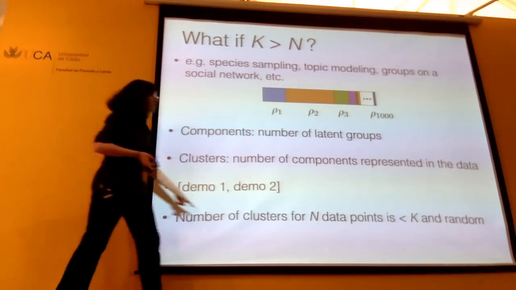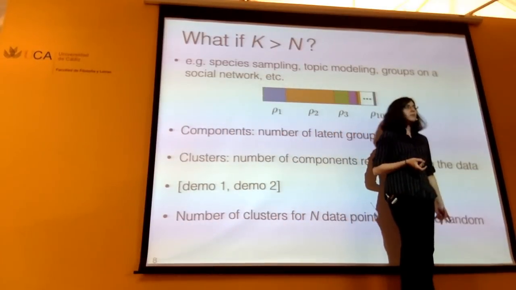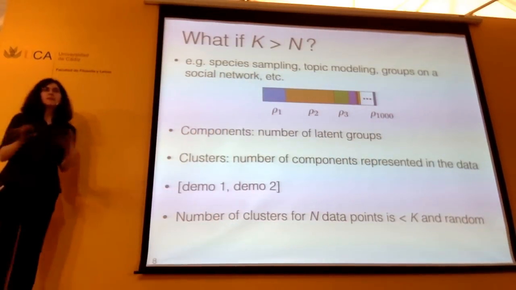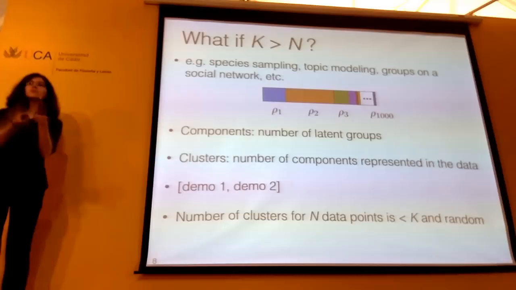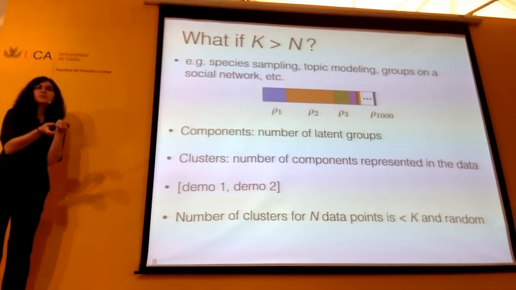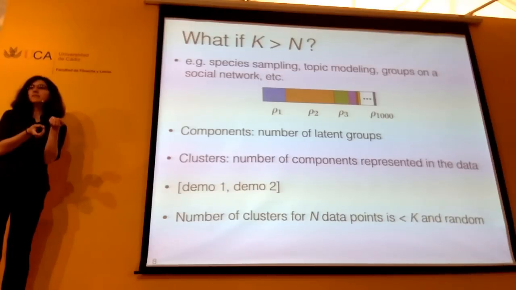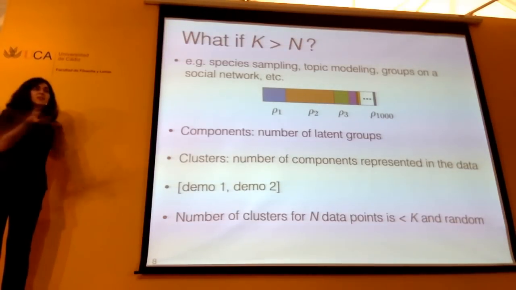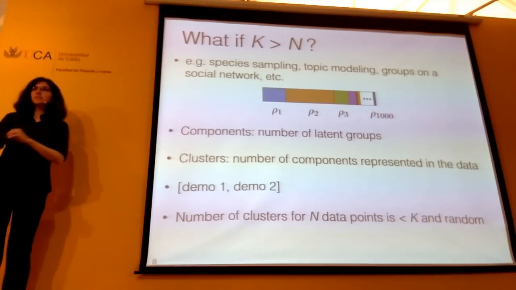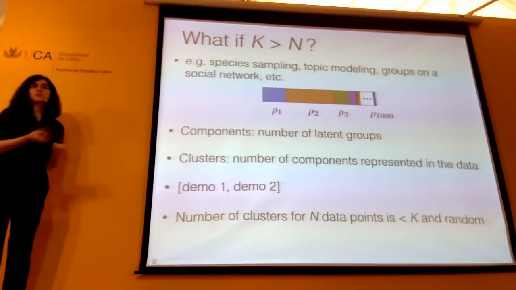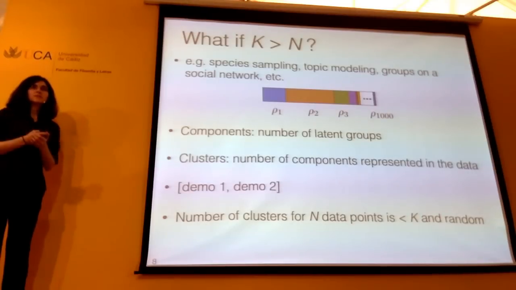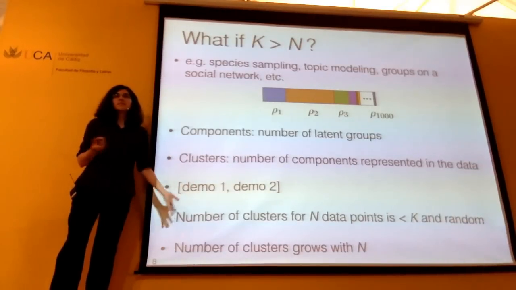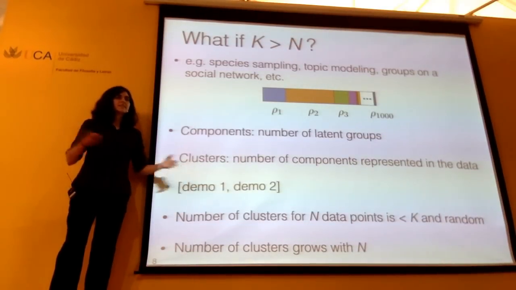Two, I want to highlight the fact that the number of clusters was random. I mean, this was true as soon as you got to the second data point. The first data point, it's not random, there's one cluster. That will always be true. But as soon as you got to the second data point, we could have one or we could have two clusters. There is a non-zero probability of either one of them. And that just becomes more true as we get more data points. There's always some non-zero probability that all of the data points belong to exactly the same cluster. There's a different probability on every number of clusters that we could have had. So that is a random variable. And three, we definitely saw in all of these cases that the number of clusters grows with n. Certainly it can't decrease.